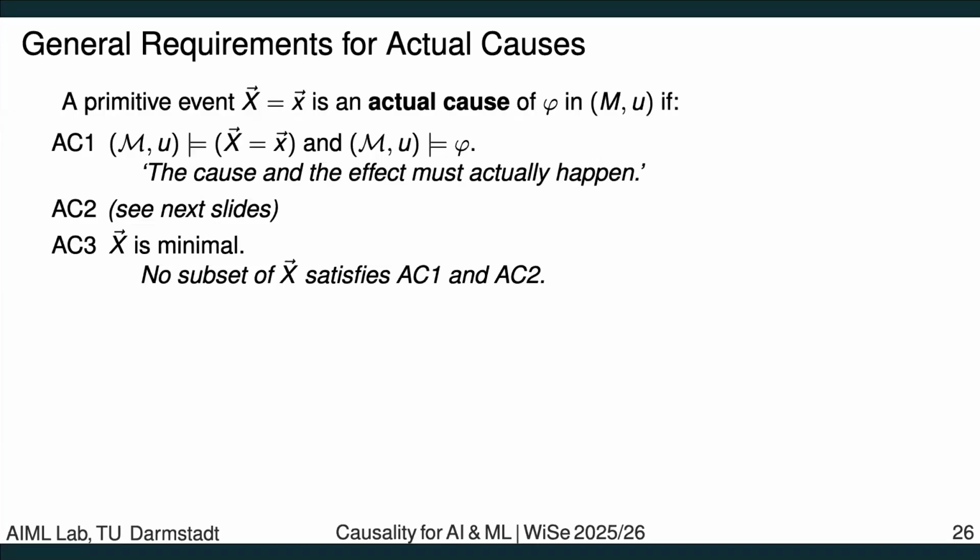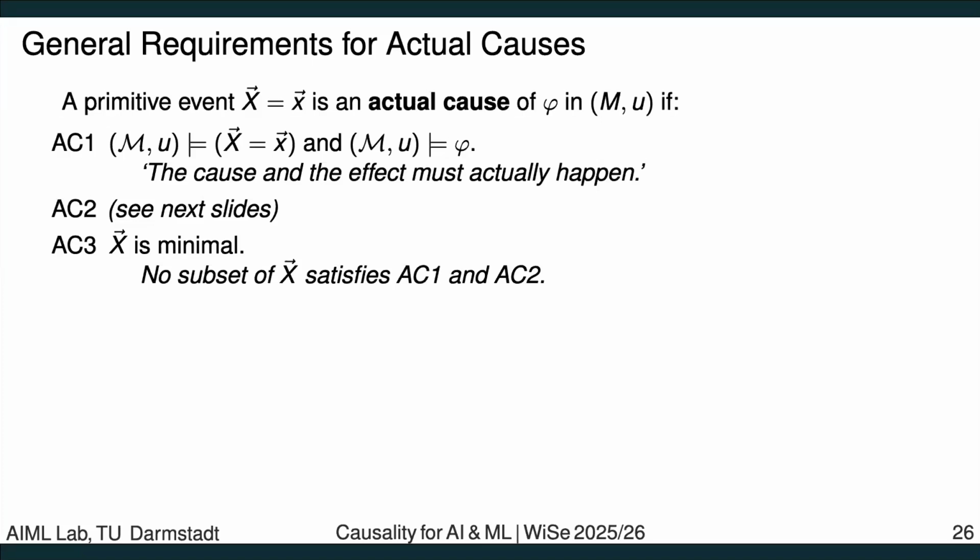Then maybe let's look at the individual rules. The first one I already hinted at a bit: for A to be a but-for cause of B, both events must have happened. So if either one of them didn't happen, it makes no sense to reason about what would have happened, because it didn't happen.